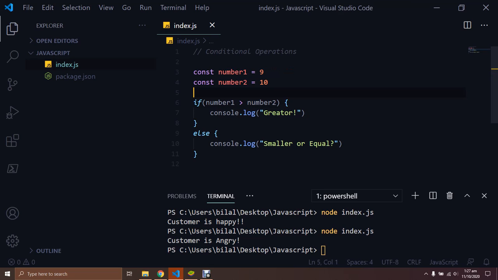Okay, so let's see, we have two numbers here. Number 1 is 9 and number 2 is 10. Okay, and we want to compare these two numbers. So what we can do, basically we can say that if number 1 is greater than number 2, we console log greater. Okay, else if it's not greater than 2, then we can write another else condition here, and we can say it's either smaller or it's equal. So if we do this example like this,